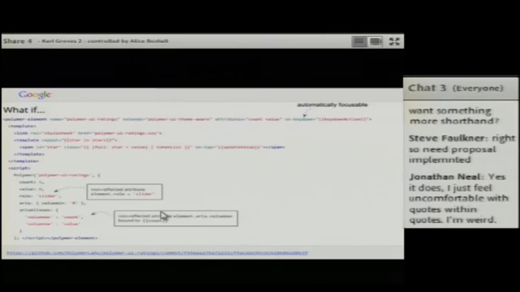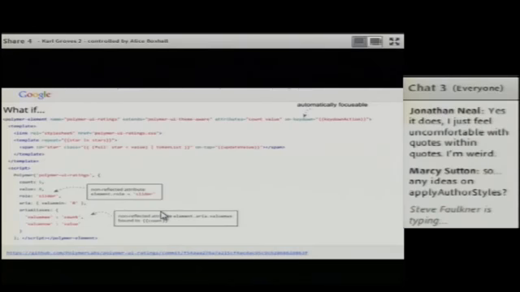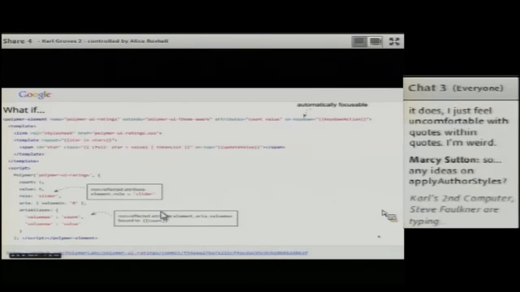Yeah, I can see that. Jonathan saying that he feels uncomfortable with quotes within quotes. I don't think that's weird at all. I think it's like the dangling parenthesis problem. So I don't know what this apply author styles thing is, I have to admit.